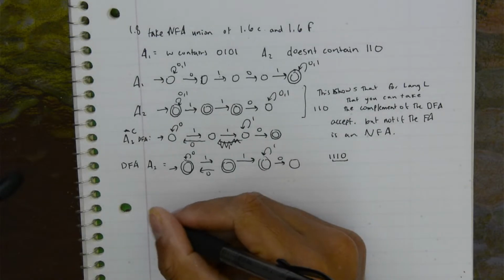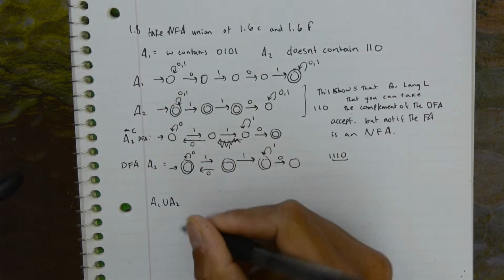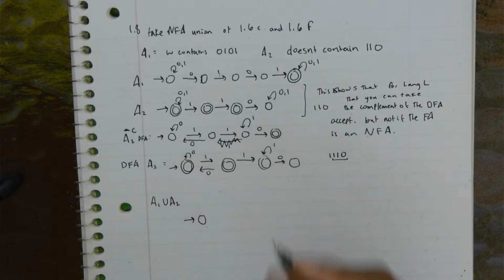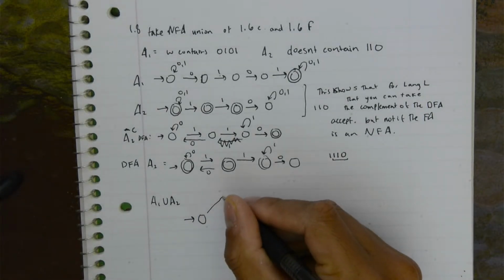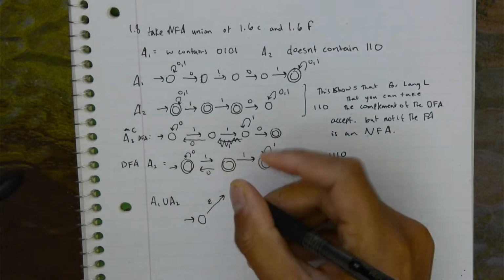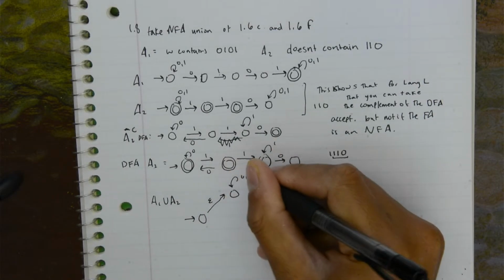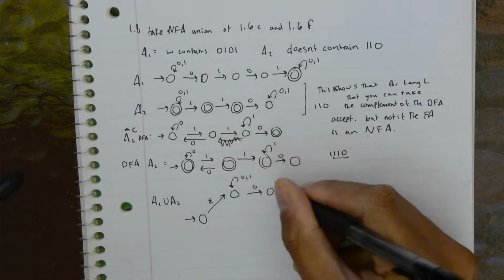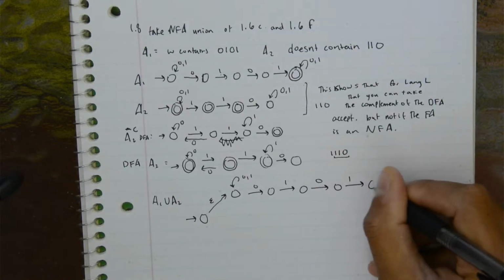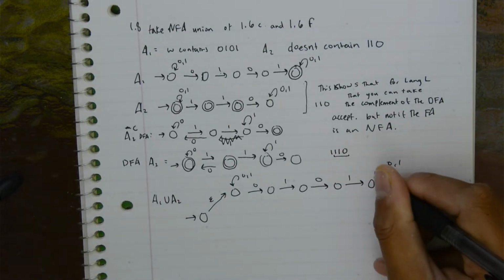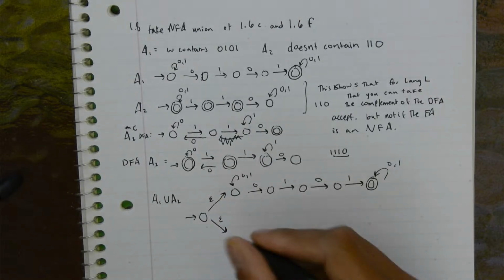So then what we'll do is for the union A1 union A2, we can just use the DFA. I don't think that there's any issue with that. So we have an epsilon transition to here, 0, 1, 0, 1, 0, 1, 0, 1. And then this is going to be